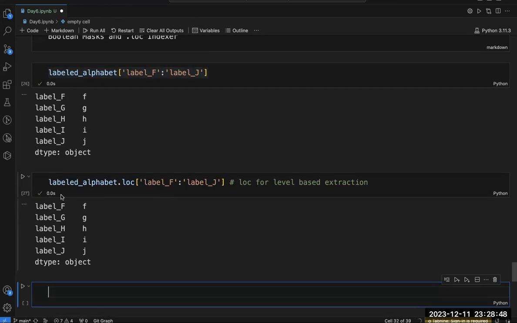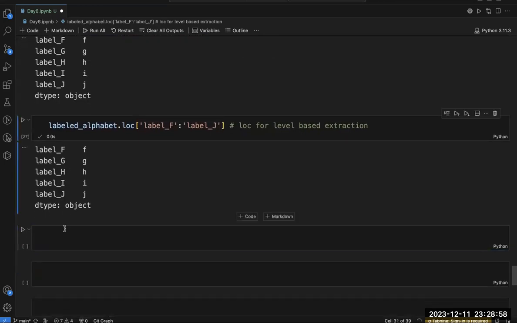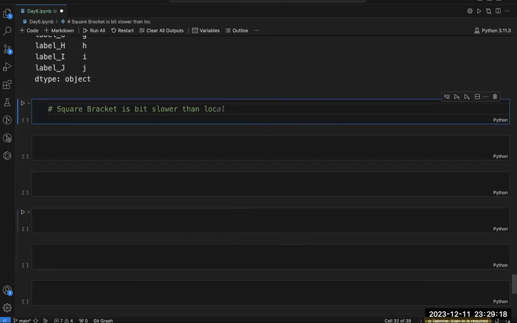The other thing is that the dot loc approach will give you other things to perform also. That's why we are going to use dot loc. So let me write this thing here: square bracket is a bit slower than loc. This is for your understanding.